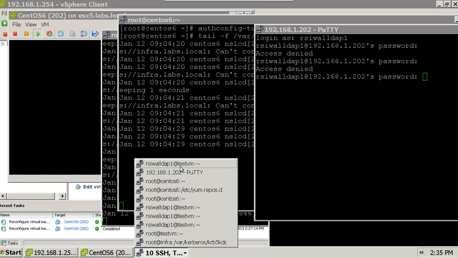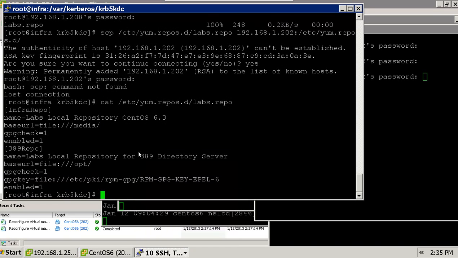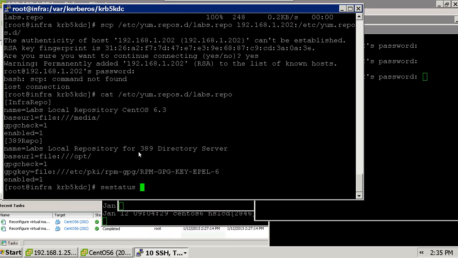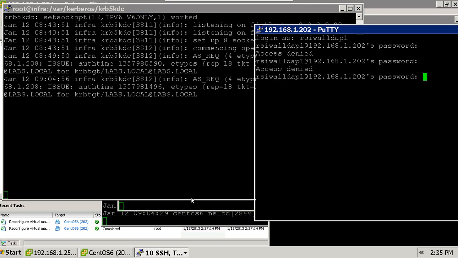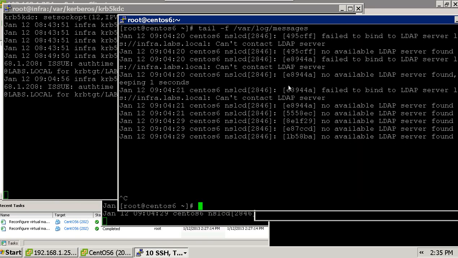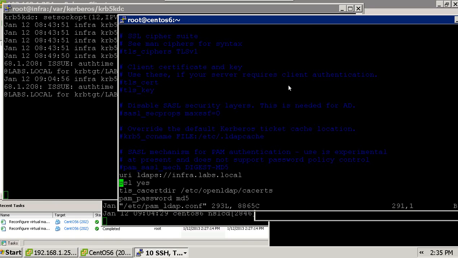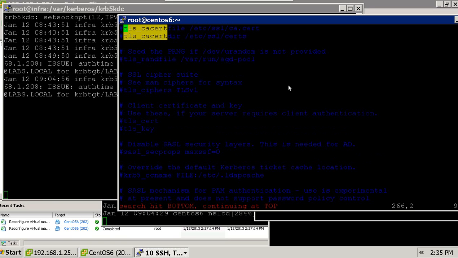with maybe PAM, or let me move to the infrastructure server and have a look into the logs. From 208, okay, vim /etc/pam_ldap.conf, and there should be tls_cacertfile